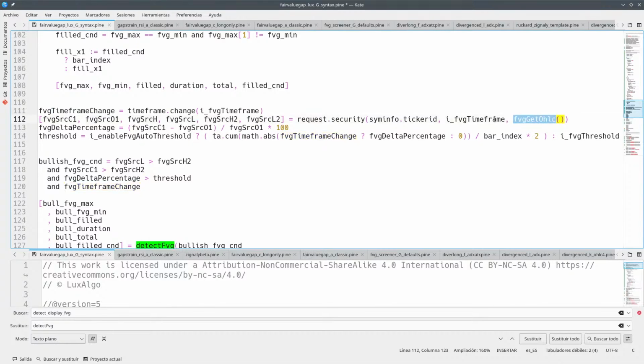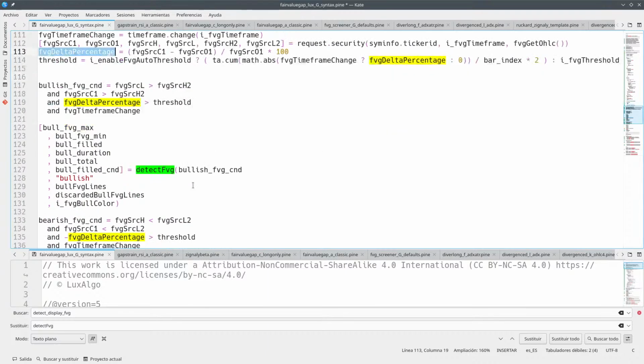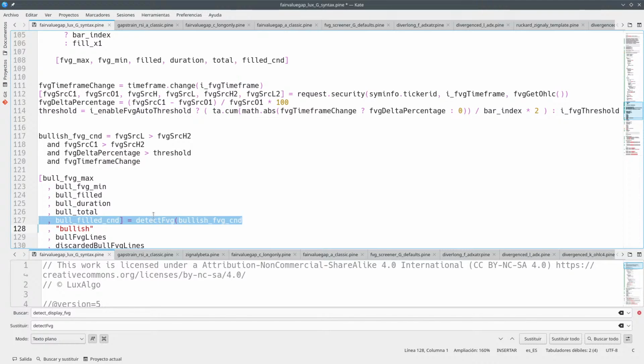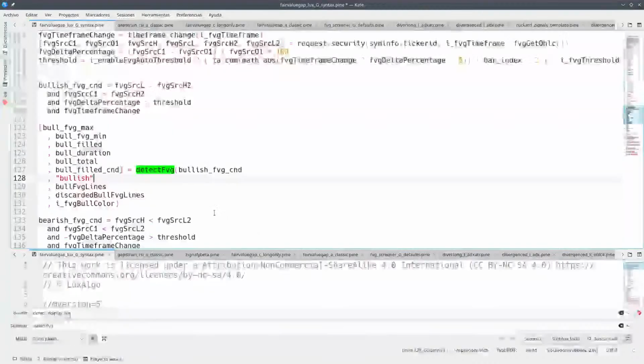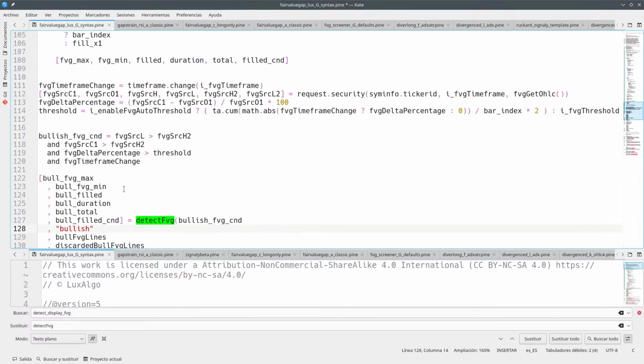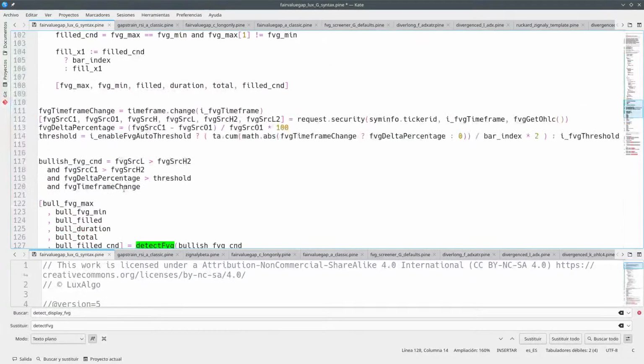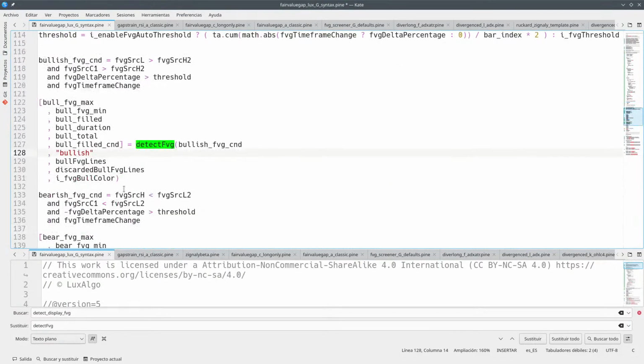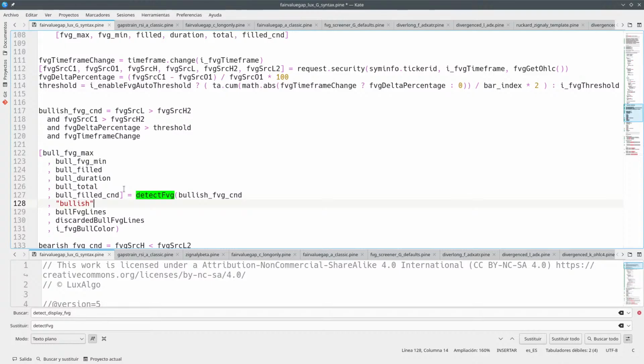This is the function that now delta percentage. What the hell do we call here? Oh, okay, we call this here, and we need... Okay, anyway,